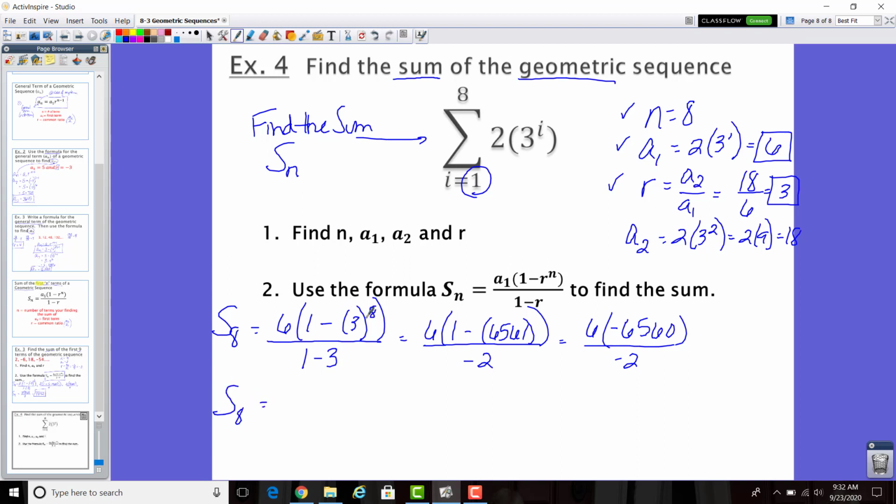6 times negative 6,560 is negative 39,360. Divide that by negative 2. A negative divided by a negative is a positive. So the sum of my first 8 terms is